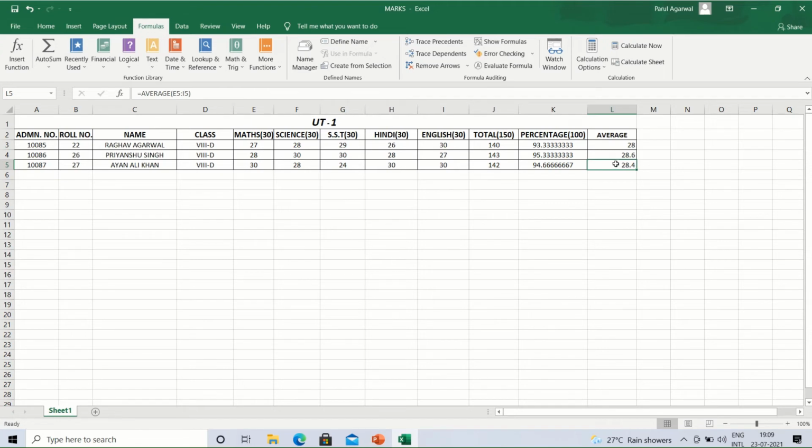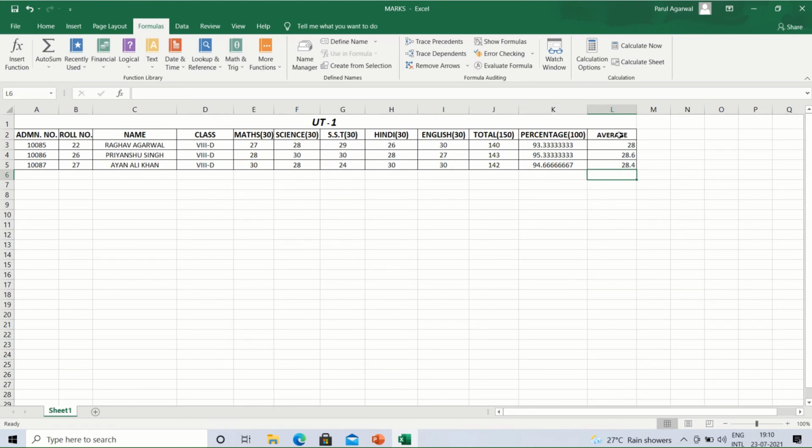The same way, as soon as I click on the third student's average marks cell L5, the formula for calculating the average in the formula bar is also changed. Here it is =AVERAGE(E5:I5). The fifth row is taken itself using the autofill feature, and this formula is being shown here also in this active cell, that is the resultant cell. So as soon as I press enter, I will get the answer here.